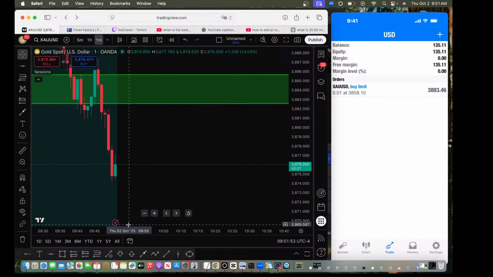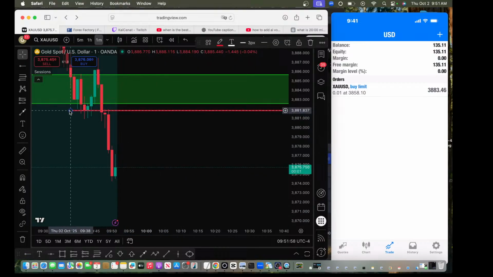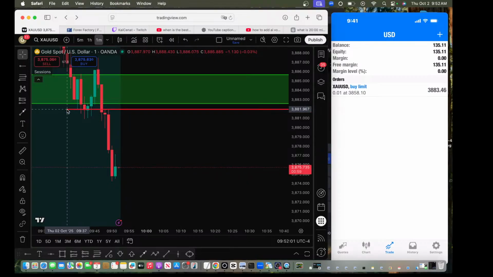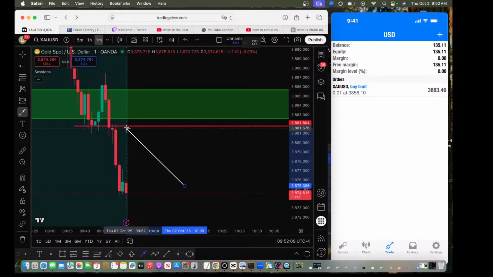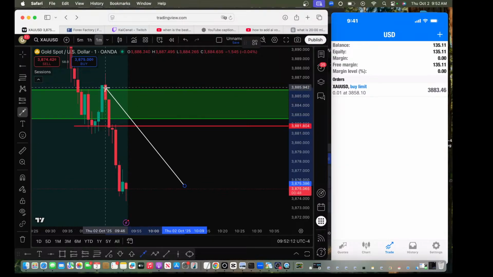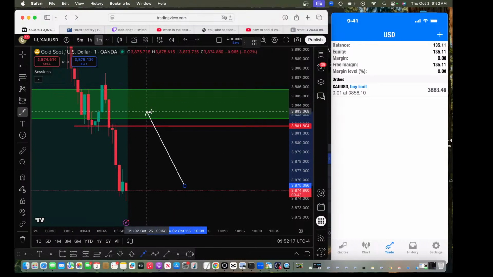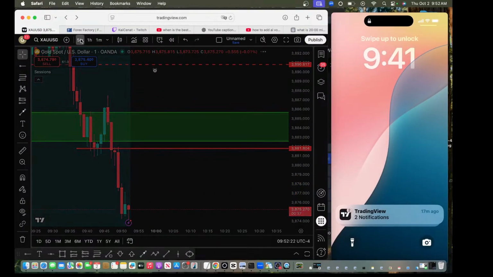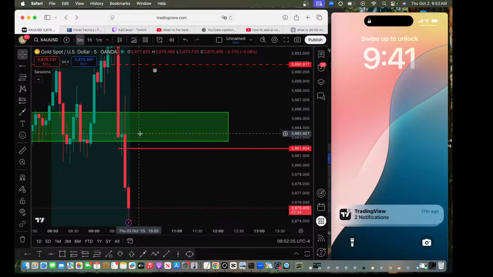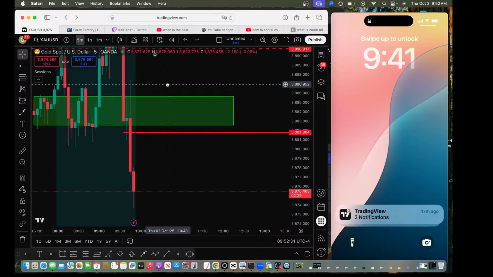So what does that mean, right? A retest would be this. These are the two areas where you can get in at. You can get in when price comes back and retests this zone, or you can get in when price comes back and corrects to this area. A correction is when it pulls back up to an area of resistance and then it drops back down. So now I'm pretty sure we can get rid of this guy. Yeah, we can go ahead and get rid of that in just a second.